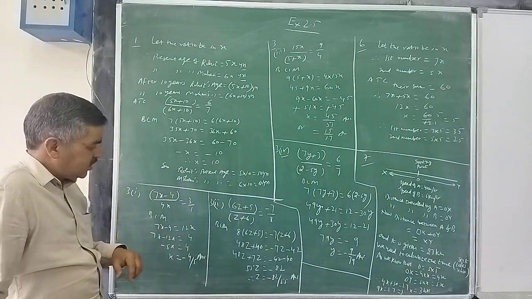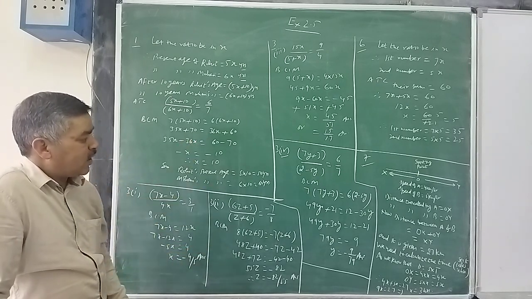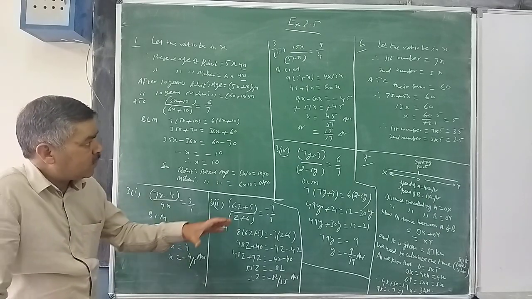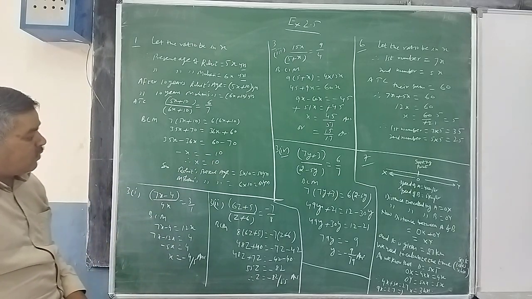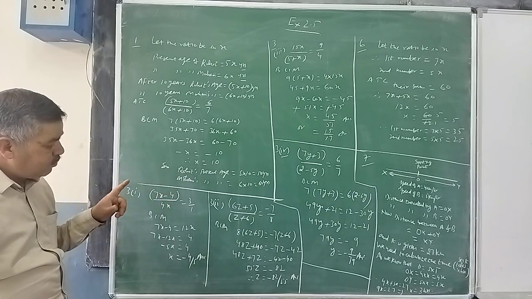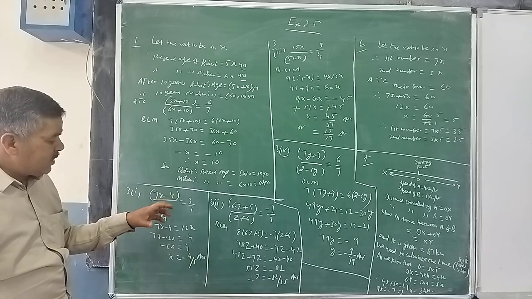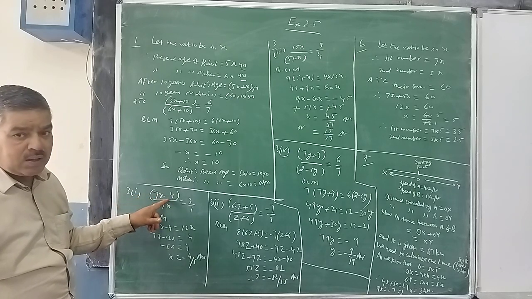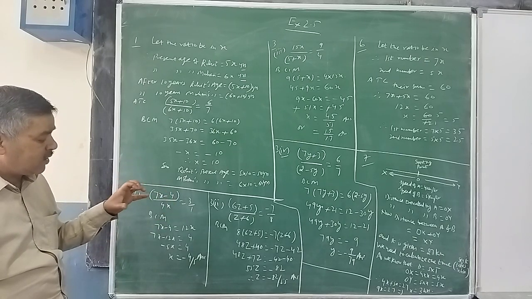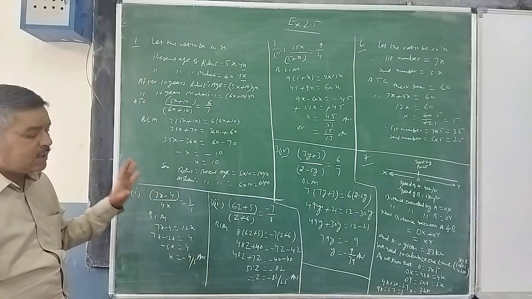In question number 3, just for your understanding, I am explaining these 4 answers to you. Otherwise, we did in our previous exercises how to solve simple linear equations in one variable. In all the parts you can see, first part 7x minus 4. So be careful, as I was telling you previously also, whenever there is a binomial, please do not forget to put that inside the bracket to avoid the commitment of mistakes. Otherwise, by one number we are multiplying, by the other we are forgetting.